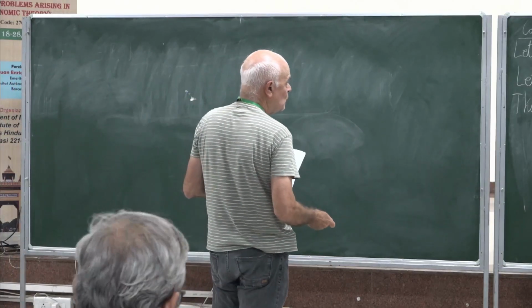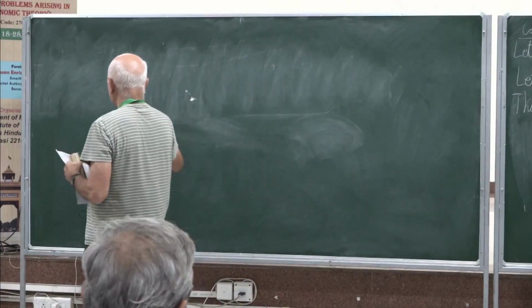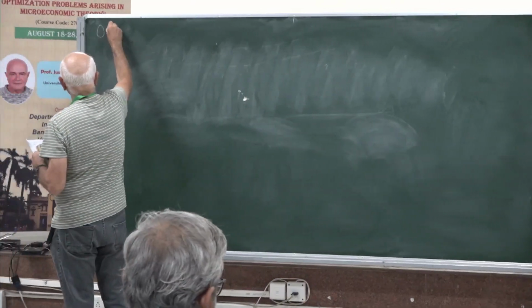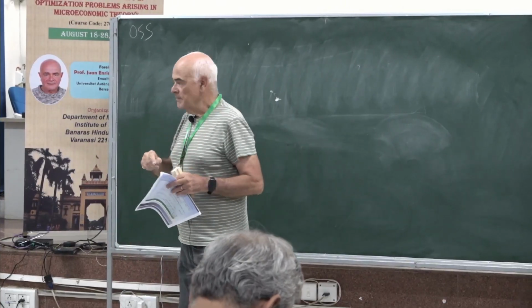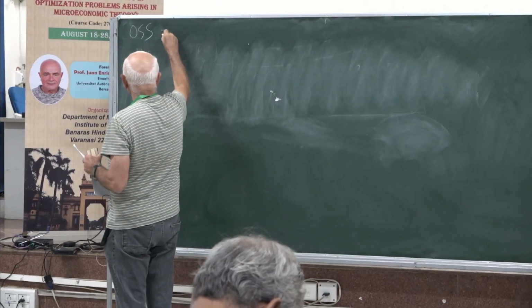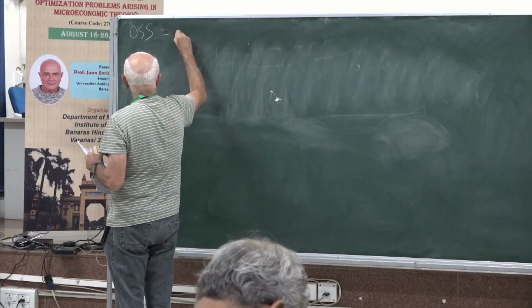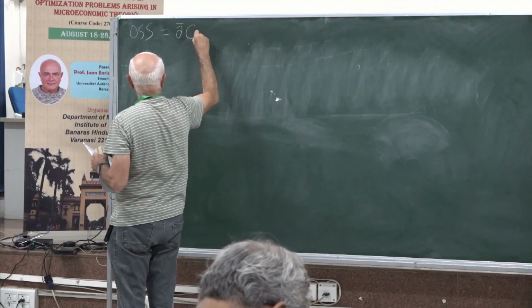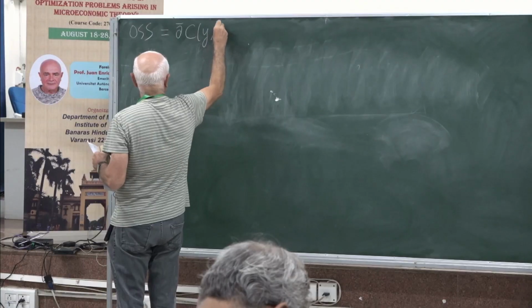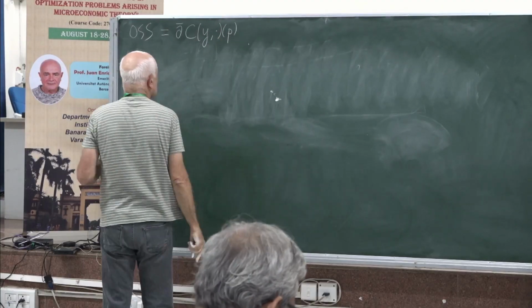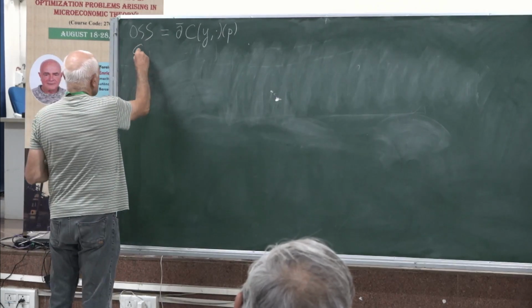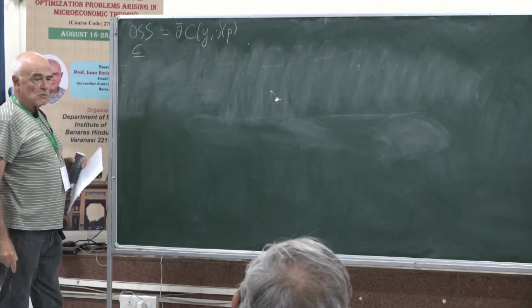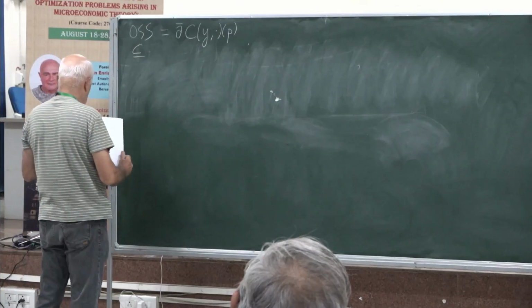So I want to prove, let's say, that the optimal solution set, let us call it like this, of that problem is equal to the super differential. Okay? Let us first prove this inclusion. So consider any optimal solution